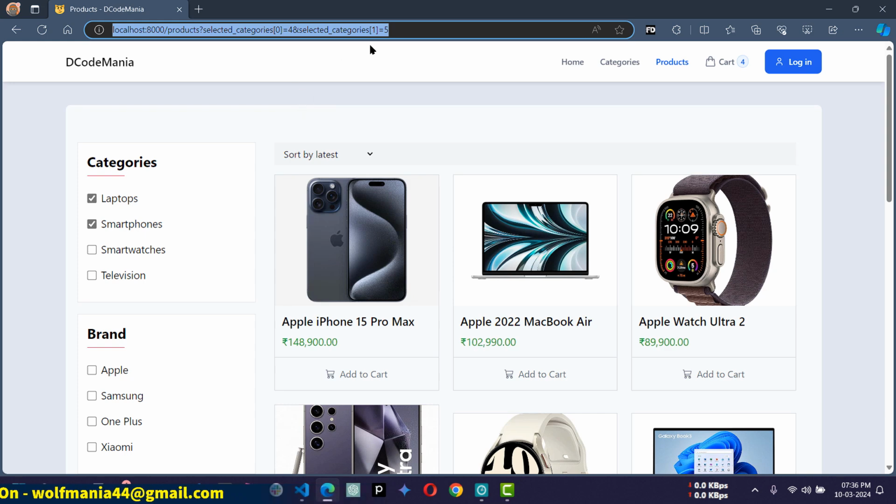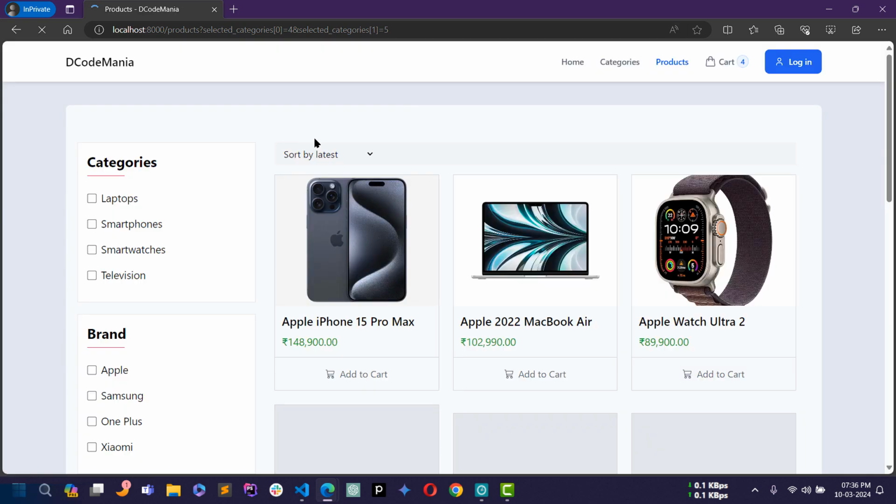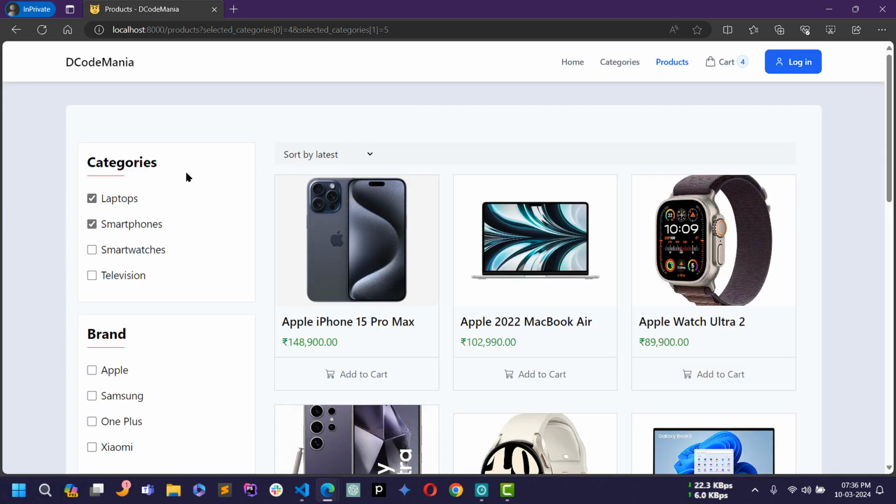Let me show you. Just copy this link, and in incognito mode, if I open this URL, you can see we have the laptops and smartphones categories already checked. Now if I reload the page, the laptop and smartphone categories are still checked. Okay, so now let's move on to make a query